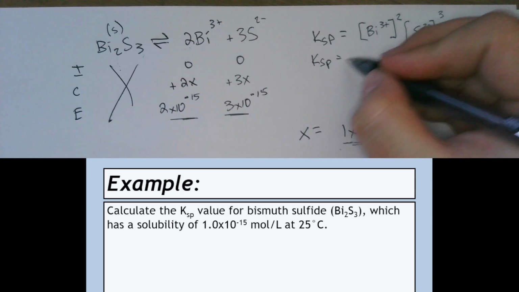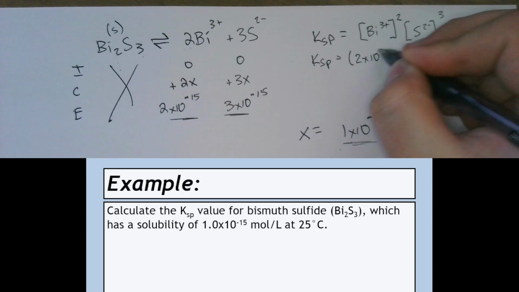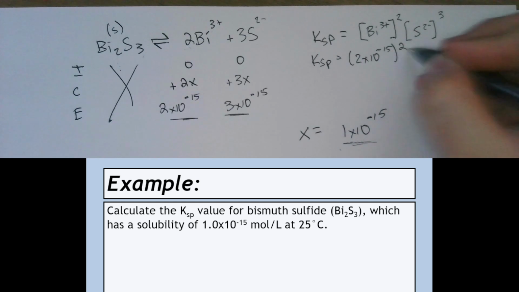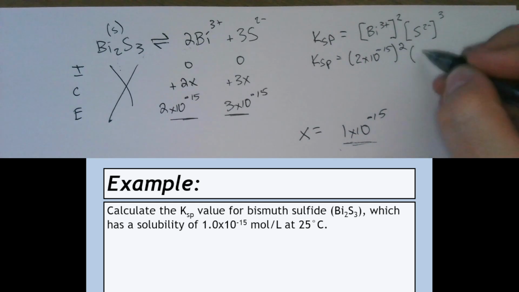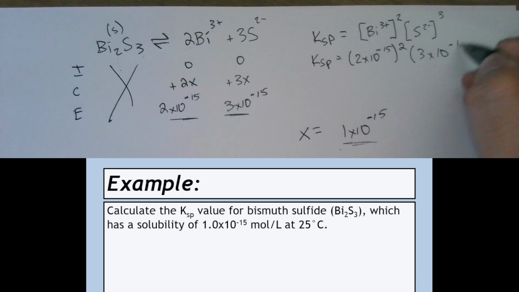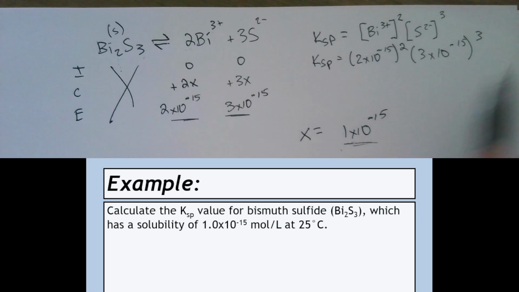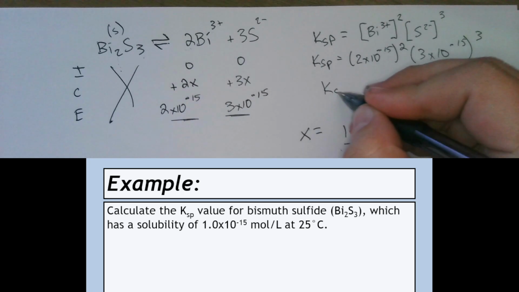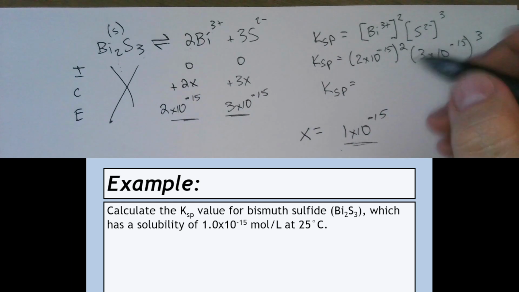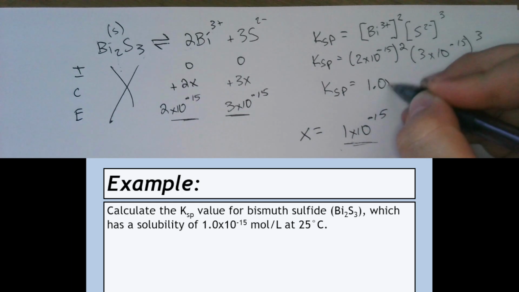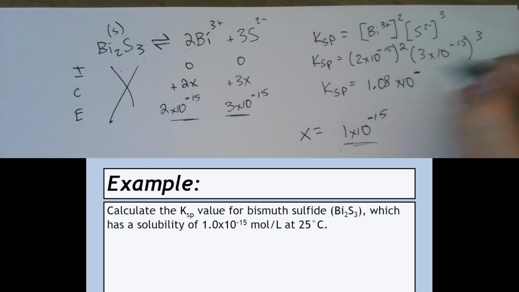So the bismuth number is 2 times 10 to the minus 15th squared. The sulfur number is 3 times 10 to the minus 15th cubed. So this is going to be an extraordinarily small number. I'm going to plug this whole expression into my calculator because all I have left is numbers. And I get an incredibly small number, 1.08 times 10 to the negative 73rd power,